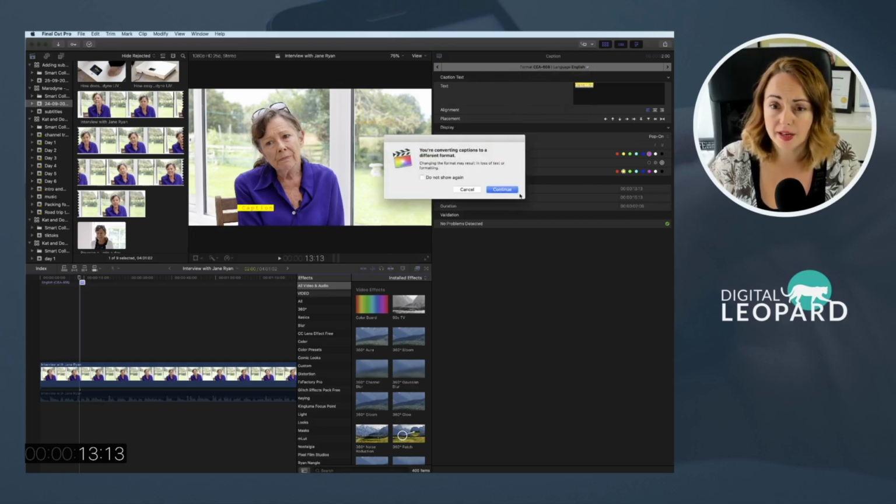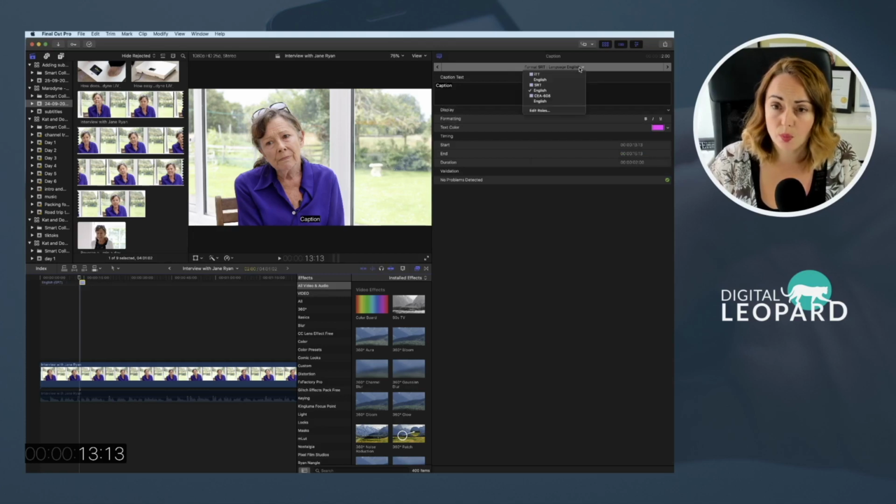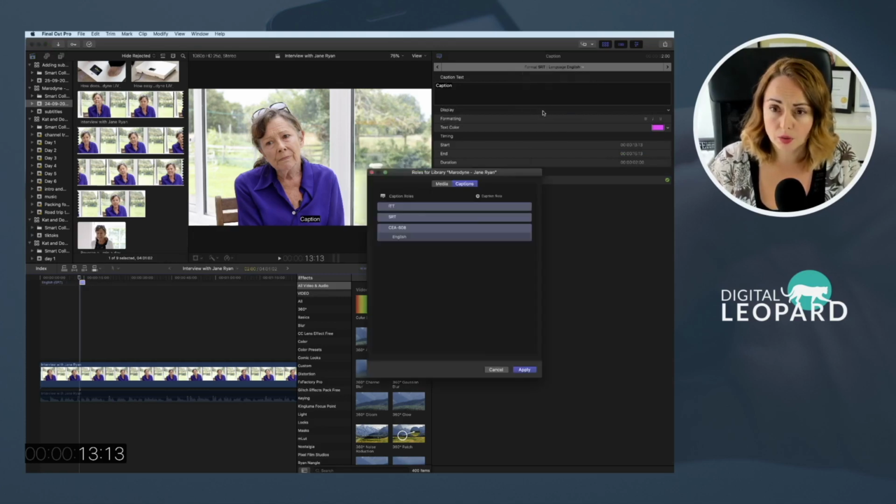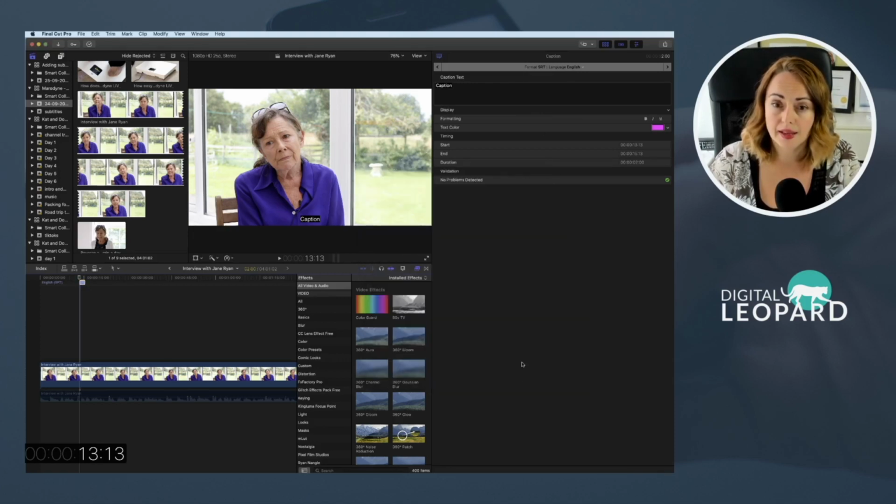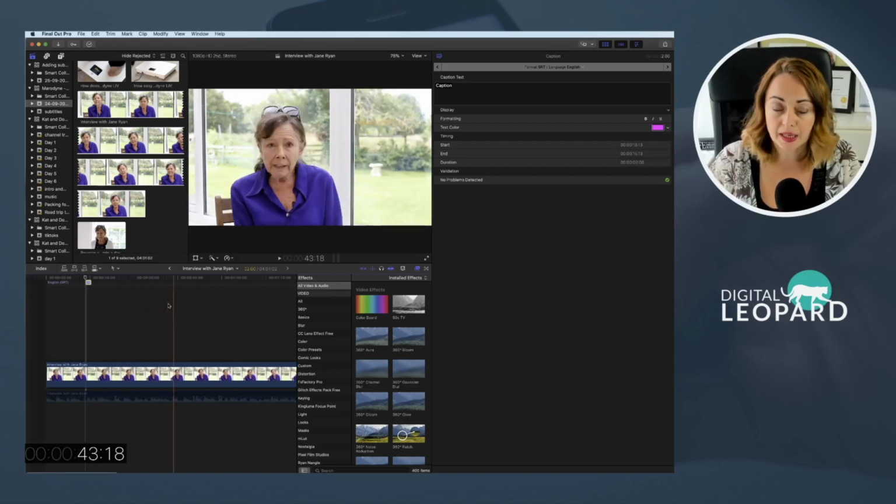the SRT version. When you first open this up, the roles will not be available. You will have to click on here to add the specific role. So add the SRT if you haven't got it here yet, and then we want to make sure that it's formatted as SRT. So this way you can add captions, you can duplicate them, you can type everything in, but